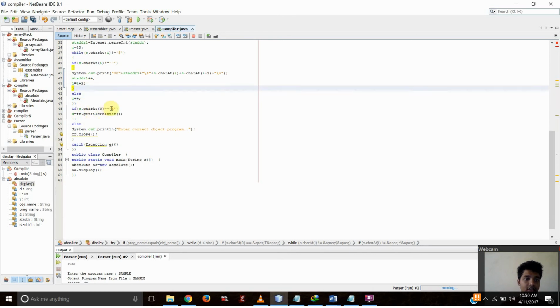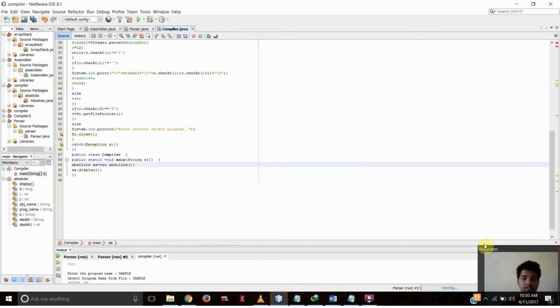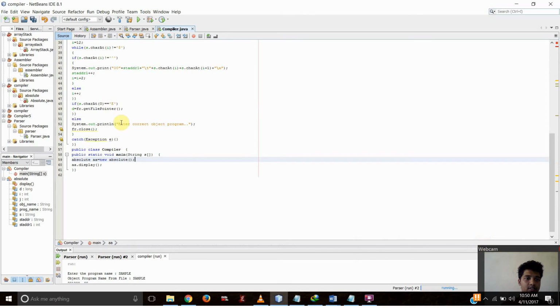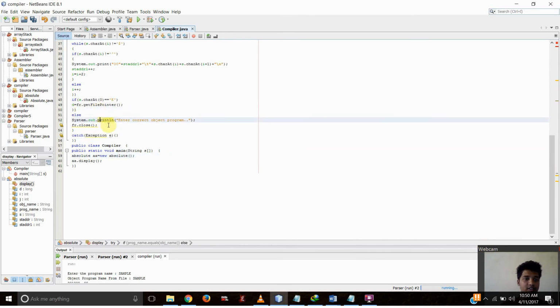Now we check for E. E signifies the end of the record. So this is E. It signifies the end of the record. So once this is found, we store the file pointer to D,